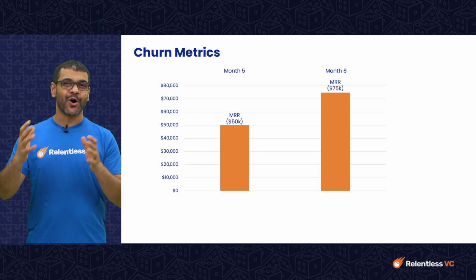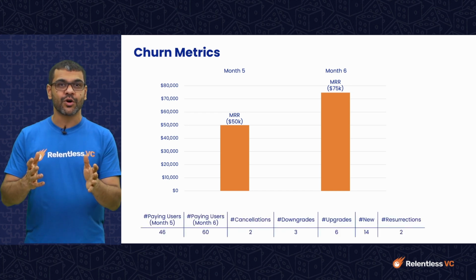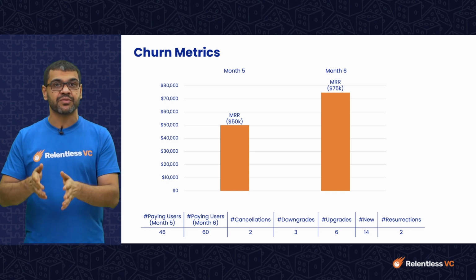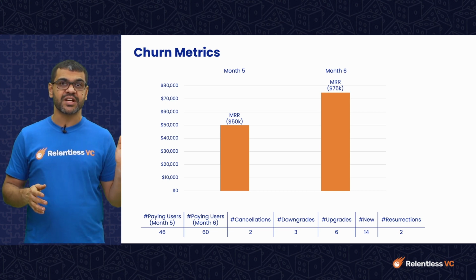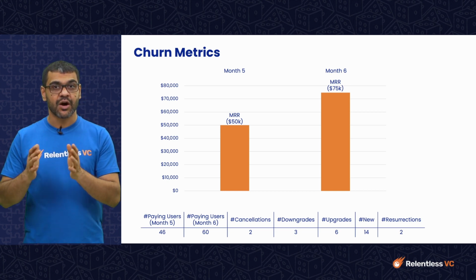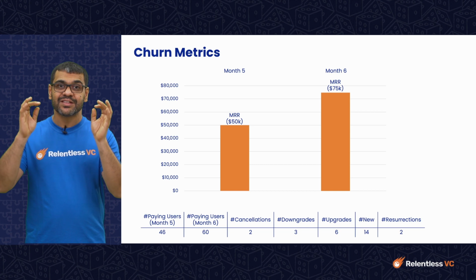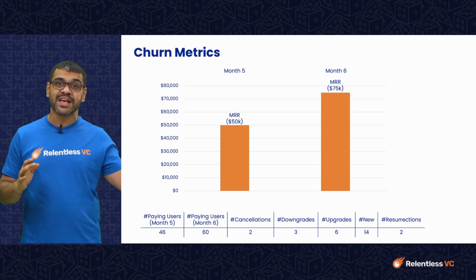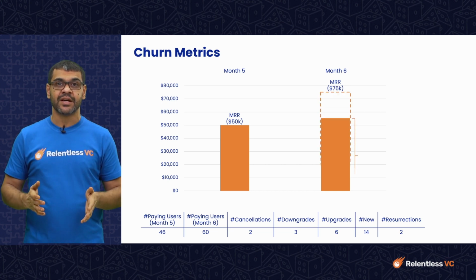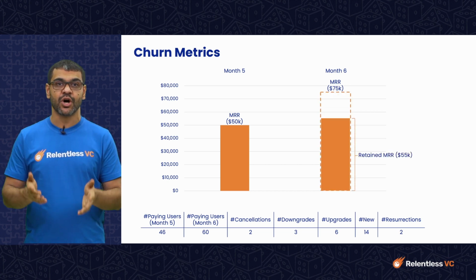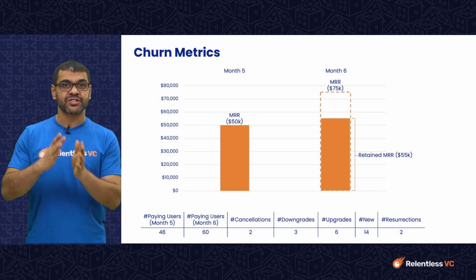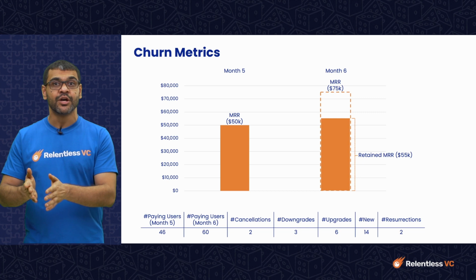To untangle all of this, you can look at the cohort of only those customers who counted towards the MRR in month 5. There were 46 customers in month 5 who led to the MRR of $50,000. Now, let's look at only these 46 customers in month 6 and check how much MRR they contributed in month 6. That number was $55,000. This is called retained MRR, the MRR that the startup was able to retain in a month from the previous